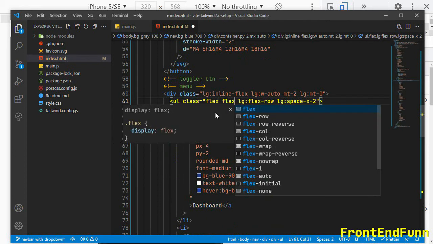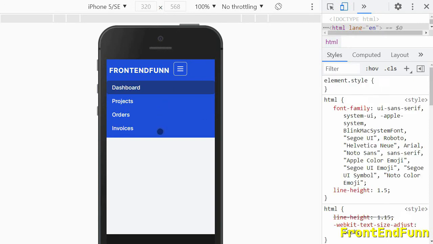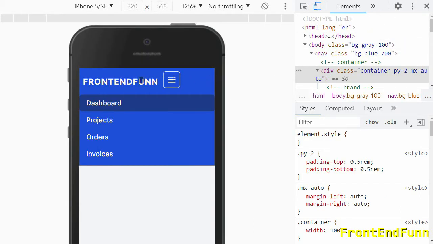So let's add flex-col for the UL element.